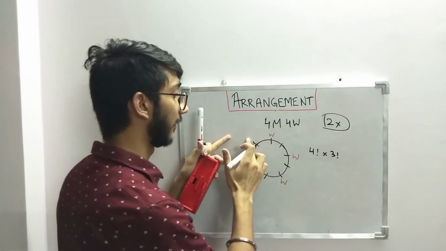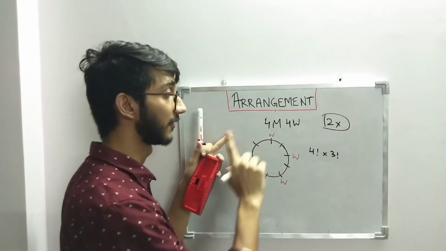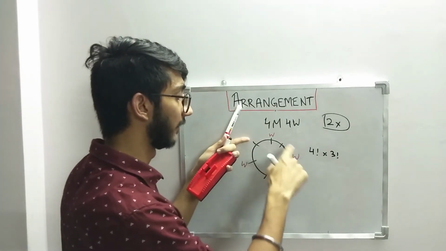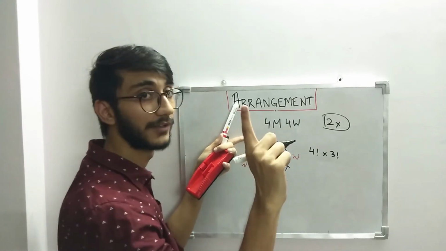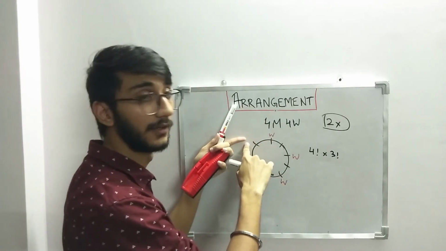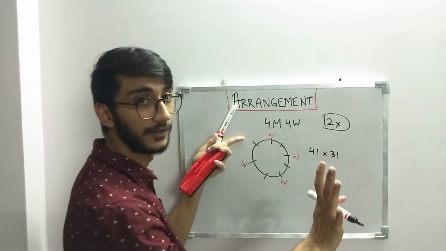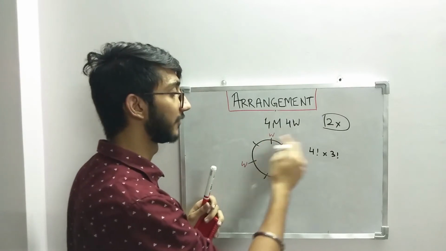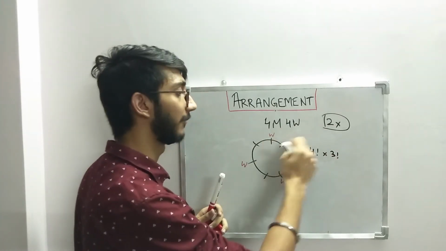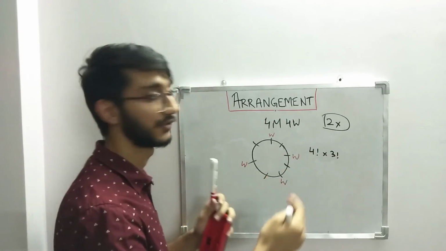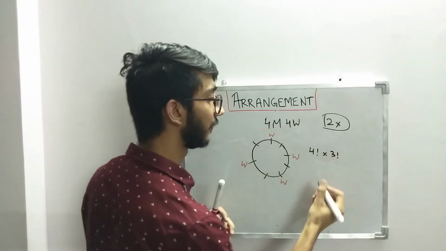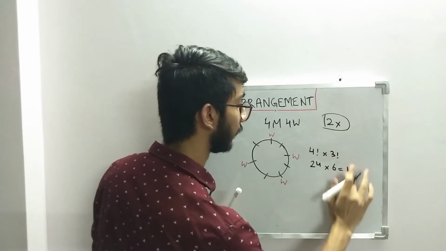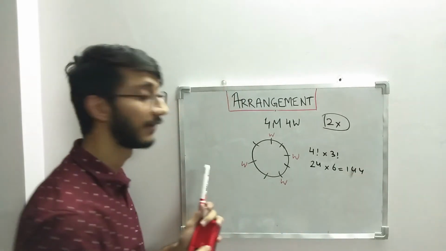So if I take that the first person who is coming to sit here will be a man. So the men can be arranged in 3 factorial ways, because the first man will have only one choice. Now he has defined the table, so the women will have 4 factorial ways only. But if I take that first a woman will be sitting here, so that means women will have 3 factorial ways to sit and men will have 4 factorial ways. So answer will not change. So answer will be 4 factorial into 3 factorial, that is 24 into 6, that is 144 ways. So answer will be 144 ways.